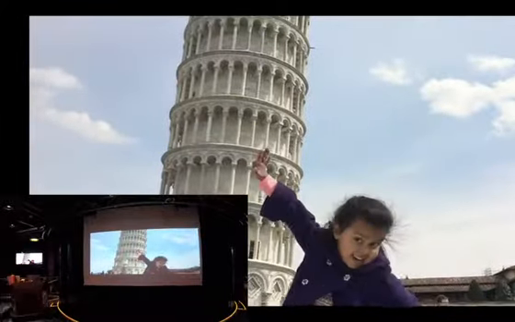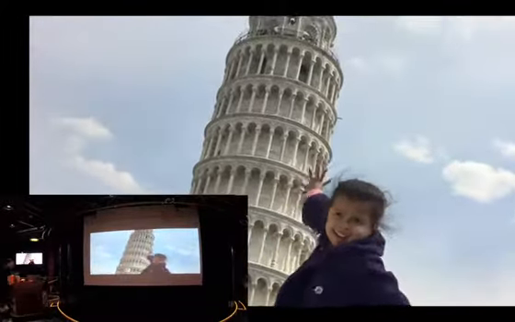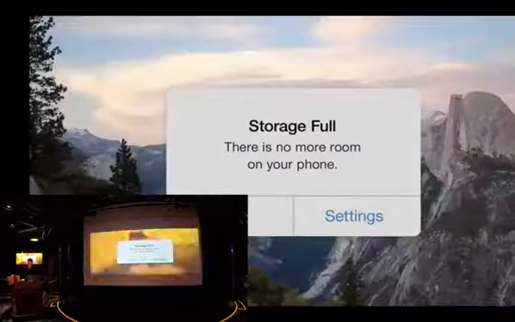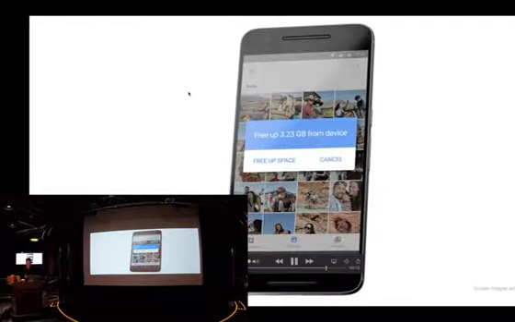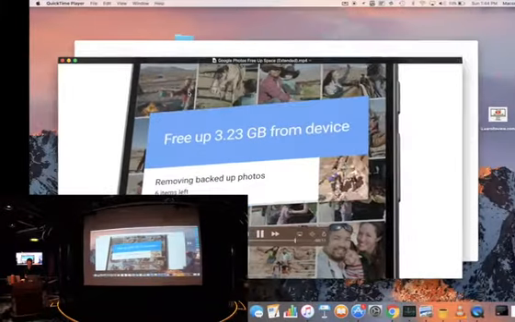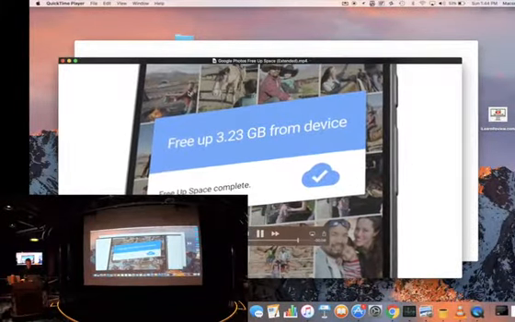Oh, Laura's holding up the Leaning Tower of Pisa all by herself. Idiot! Take as many photos as you want without running out of space. Introducing Free Up Space. Never run out of storage again with Google Photos.